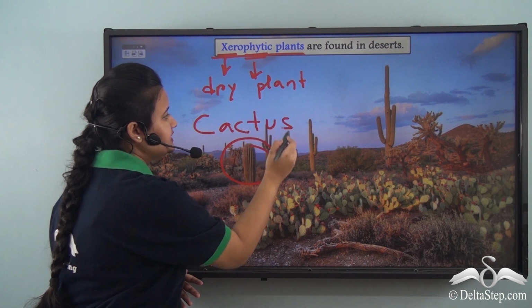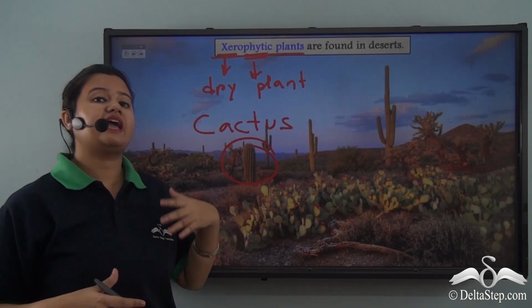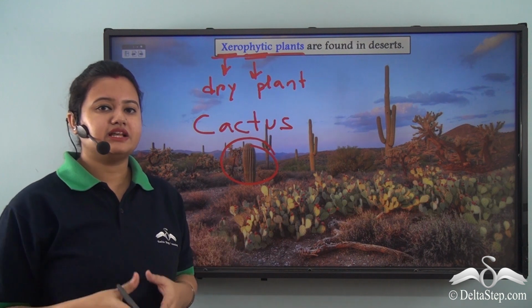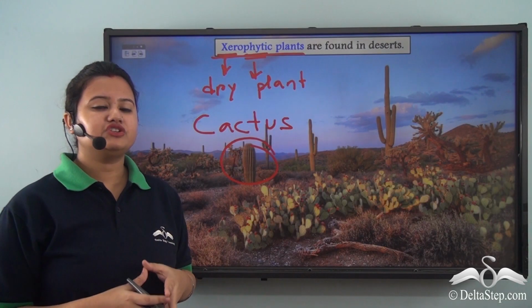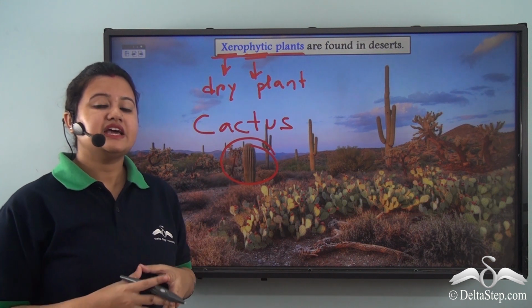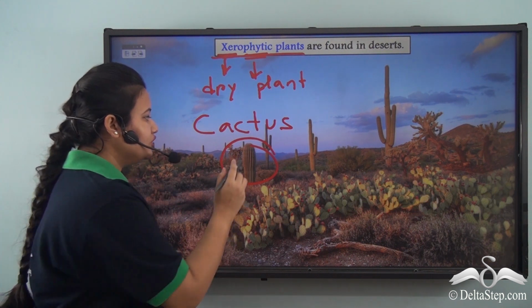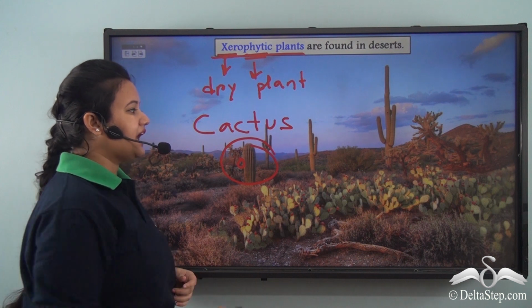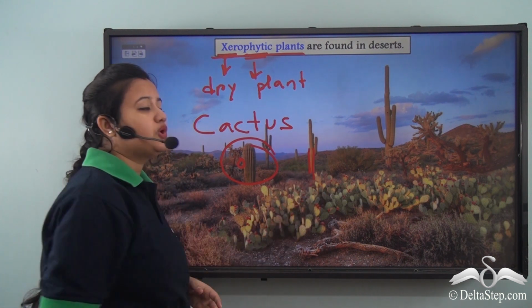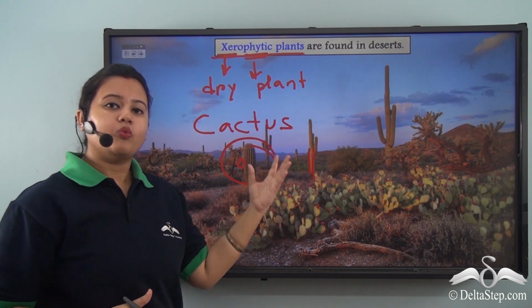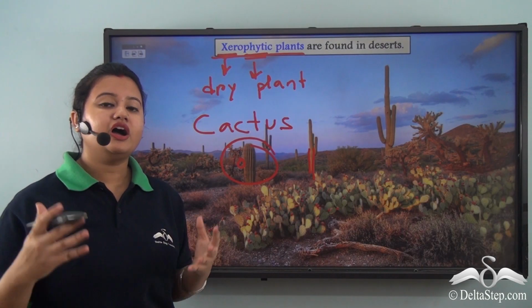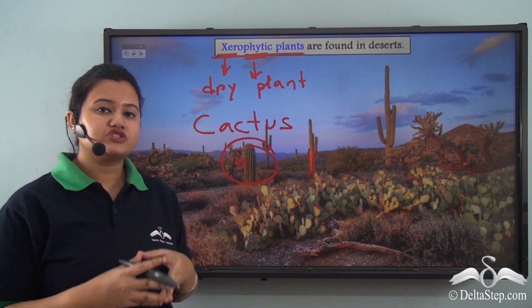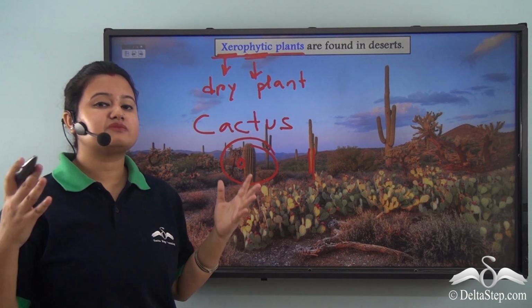Cactus are abundantly found in deserts and they have well adapted themselves to the harsh climatic conditions. Some adaptive features of these plants are that their leaves are reduced to thorns. Also, they have green fleshy stems which help them store water. So, here we learnt about the type of flora found in deserts and we saw that this region is mainly